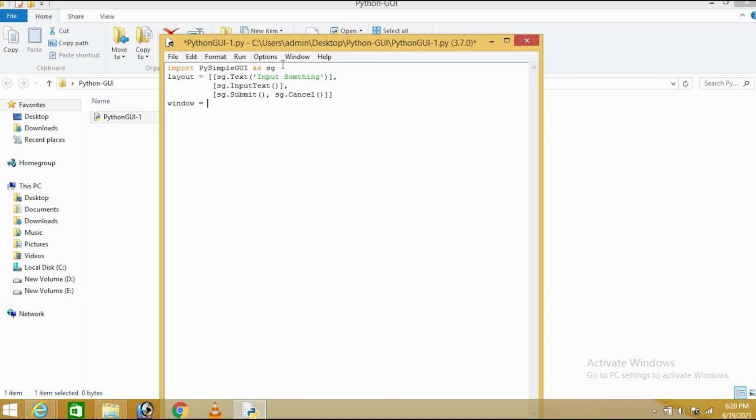Window is equal to sg.Window, and write a window title, Python GUI, and put in the layout form. Okay, now